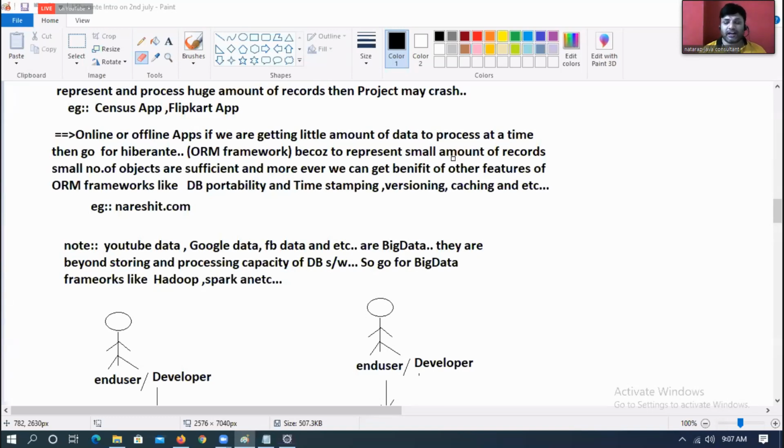We cannot think about storing them in regular normal databases. Then we have to think about big data frameworks like Hadoop, Spark kind of thing.